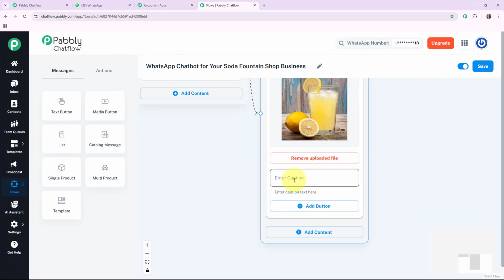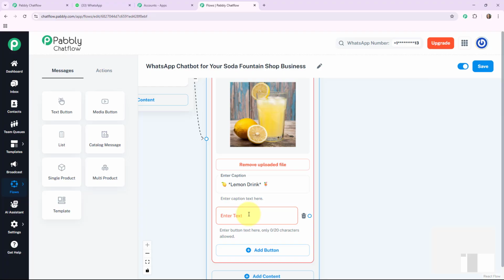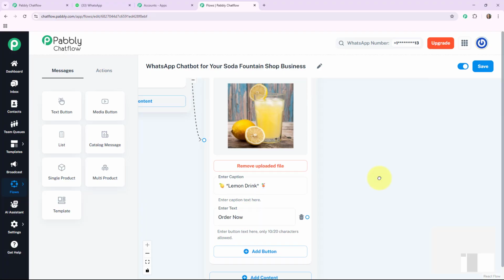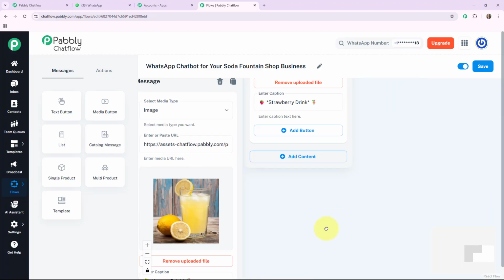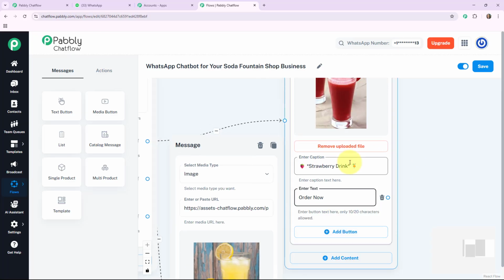Now I'll enter one caption, the name as lemon drink, in this enter caption box. Here I write it. After that, when my customer wants to order this lemon drink, I am providing one order now button for them. By clicking on this plus add button, I write the text as order now. Here I write it. As well, in this drink also I'll add one button, that is order now, so that if my customer wants to order the strawberry drink, then they have to click on this order now